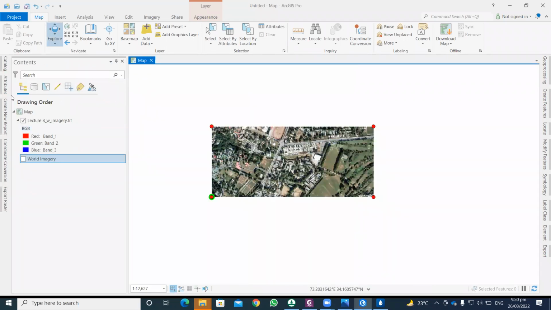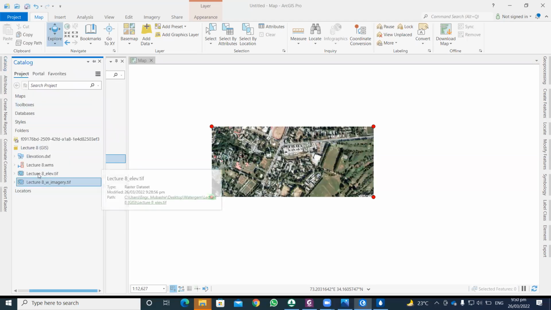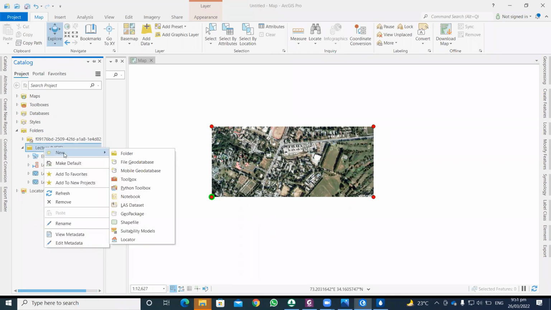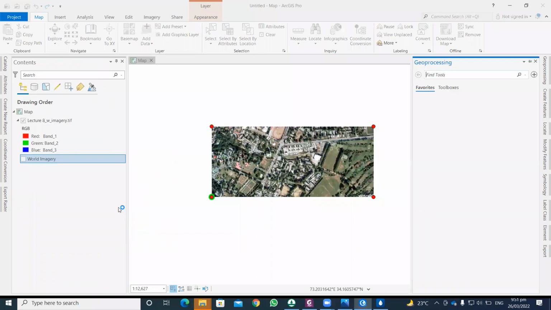Okay, so in order to create a point or a junction, first of all you have to create a folder connection, and on that specific folder you have to right click, click on new and create a shapefile. So these are the different file formats of your database. This is not closely related to GIS, therefore I'm not going into detail. So I just create a shapefile